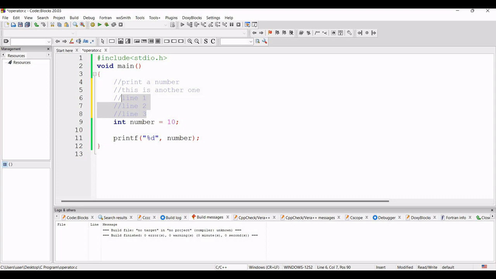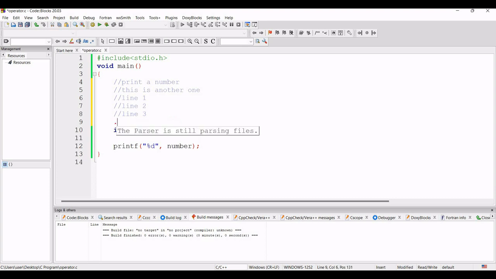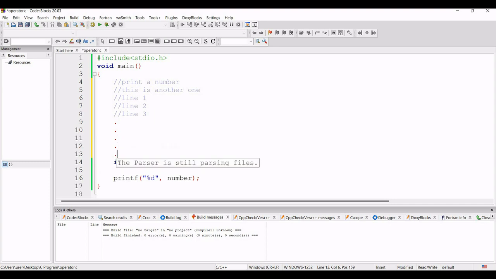So for these 3 lines, every time we have to give the comment. Instead of 3 lines, if we want to comment out, suppose, 10 lines, I have to go there and before every line give this slash sign. So this is very time consuming.